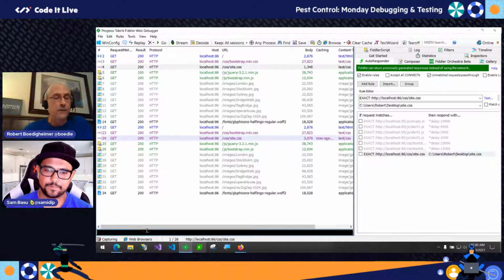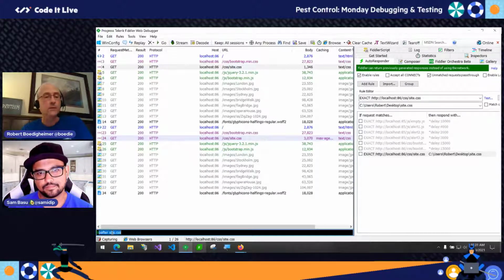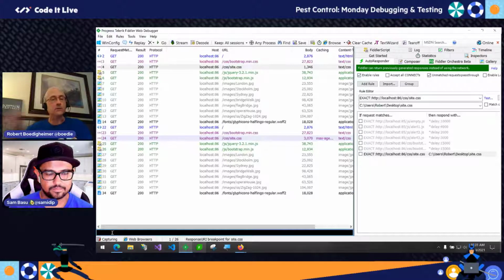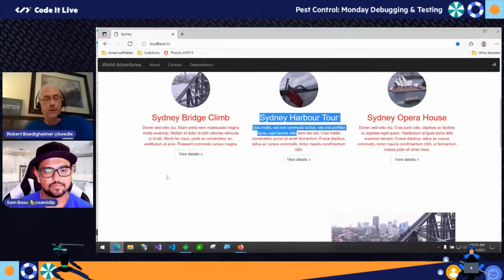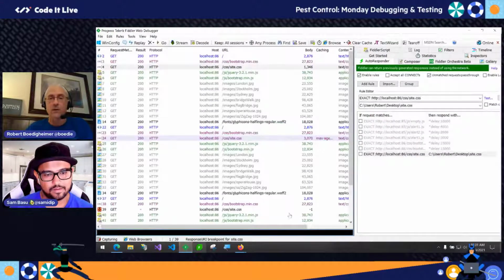Another thing that we don't get into too often: if you look, I don't know how easy it is to see, there's a quick exec. So you can say, a command line interface sort of way to run Fiddler. They have what's called breakpoints. So I'm going to say BP after site.css. What I'm doing now is saying every time a request goes to the server for site CSS, let it go there. But when it comes back, I want to tweak it before it actually goes back to the client. So if I do that, you'll see Fiddler starts to glow.